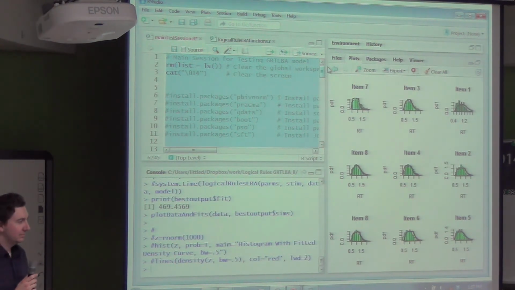So the way your code is written, it seems like it would be fairly easy to look at violations of perceptual independence and perceptual separability, to allow those to be free parameters in the model. Do you know if they're identifiable, and if they are, have you played around with them at all? Great questions.